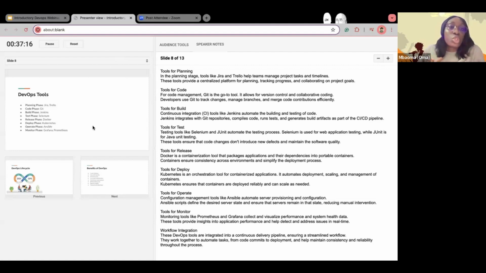Now, the thing is, most of these tools do the same thing. So like Jira, Trello, I mean, for the planning phase, people can use anything they want. Some people even use Azure Boards. So you can use anything you want. But what I always tell people is, I need you to get really familiar with one